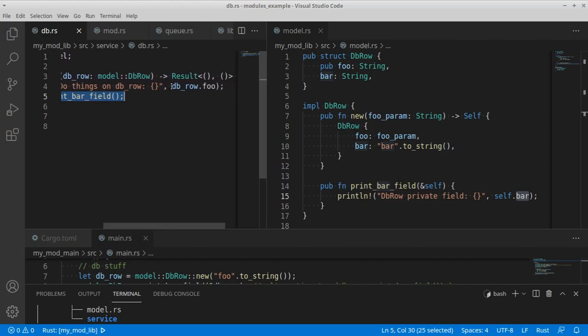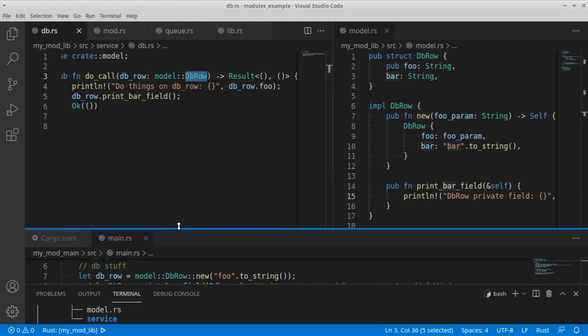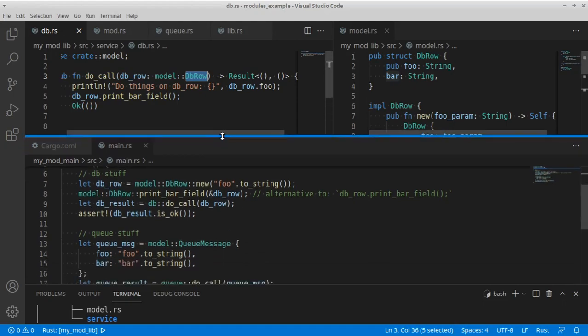So we are printing this public field with the print line macro, but we are also accessing the private fields with this function invoked on the instance of type dbrow. And the same we're doing even outside the mymodlib project. For example, in our mymodmain project, in our main.rs file,